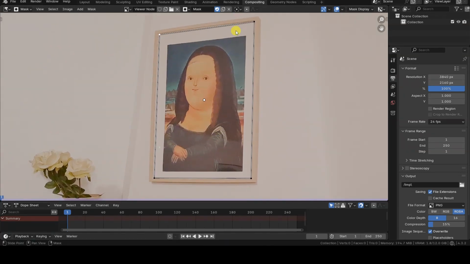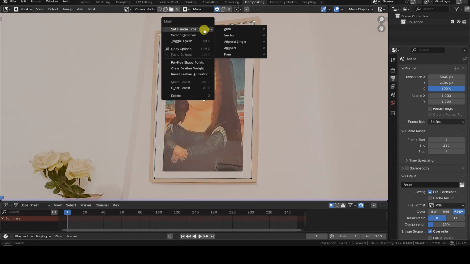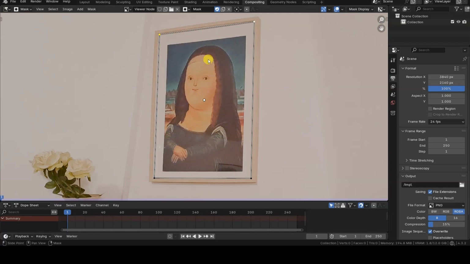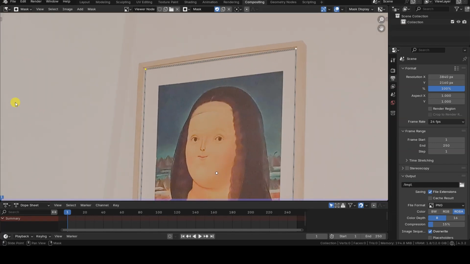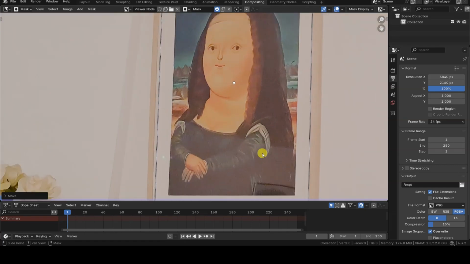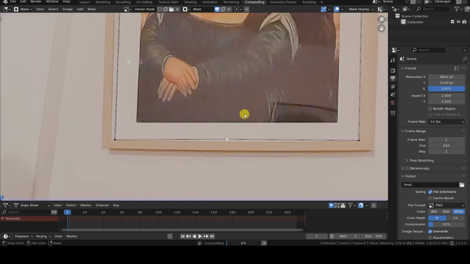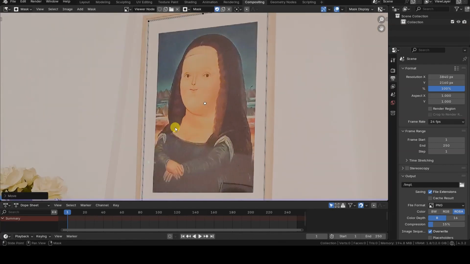Let's start with the simplest operation, adding new control points. Mask elements don't provide tools like subdivide or similar operations, not even if you select two control points and right-click to open the context menu. To add a new control point, we need to hold Control and click on a point along the mask. It's not a very intuitive shortcut. Personally, I would have preferred a subdivide operator for two or more selected control points, but that's how Blender handles it.